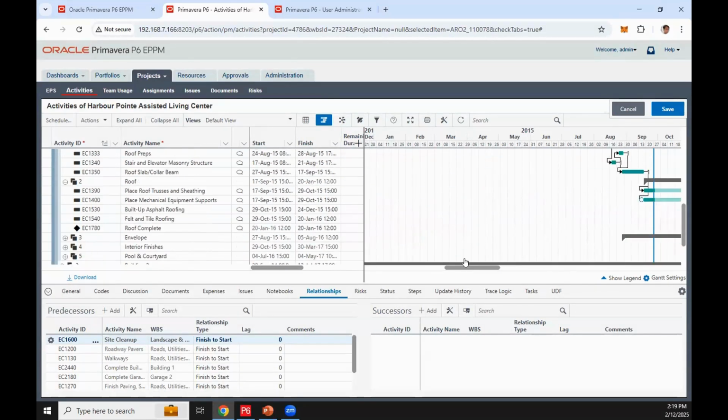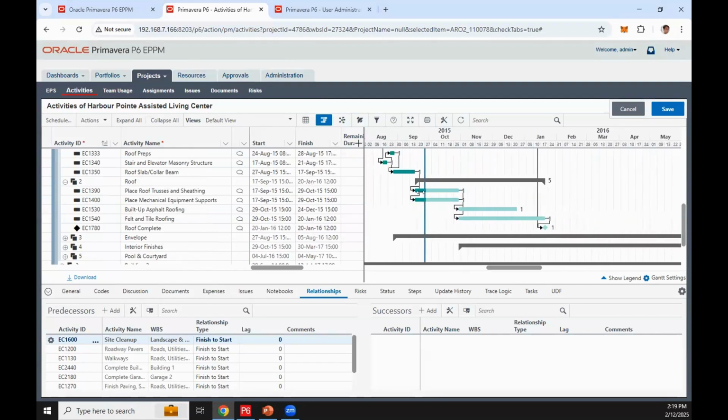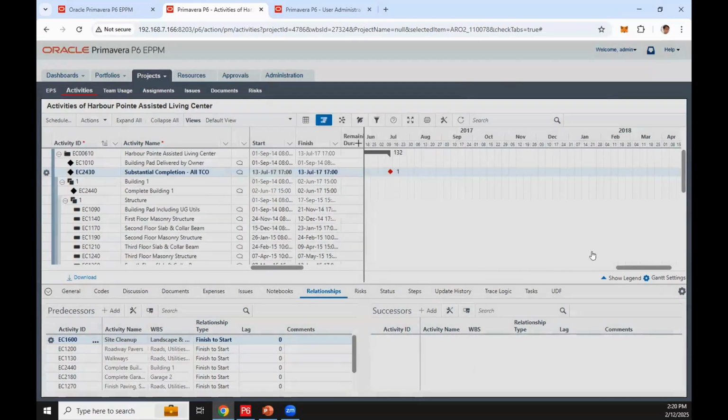So from here, let's select an ongoing activity. For example, here, and from here I can now drag the remaining early start, push it back. Yan po. So pwede rin forward. And so dragging the remaining early start does not apply a constraint to the activity. Therefore, the scheduler can override changes that you make by dragging the remaining start date of an activity. So you can go back to this one or cancel the changes.